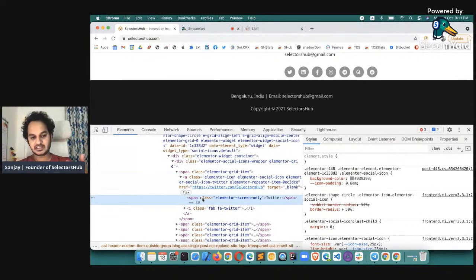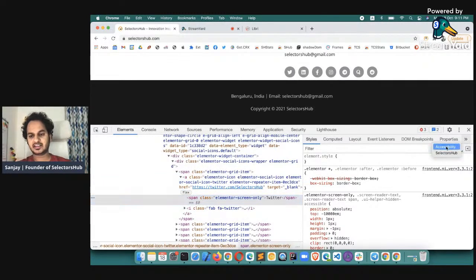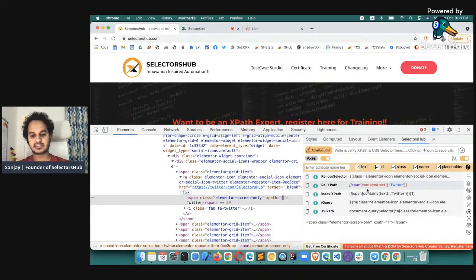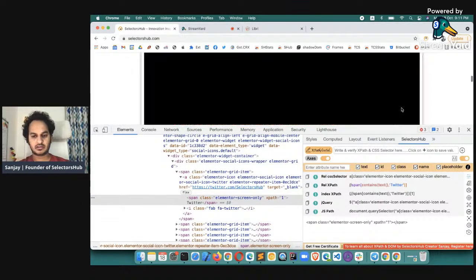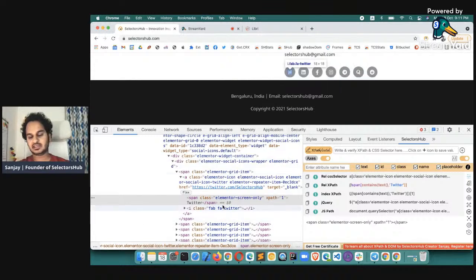So this looks like a very stable and correct XPath when you have the text. Most of us, I believe, will use this XPath for this element here. It has the text Twitter, for LinkedIn it has LinkedIn, for Facebook it has Facebook. So we will think, yes, this will work, and here it is showing one matching node as well,